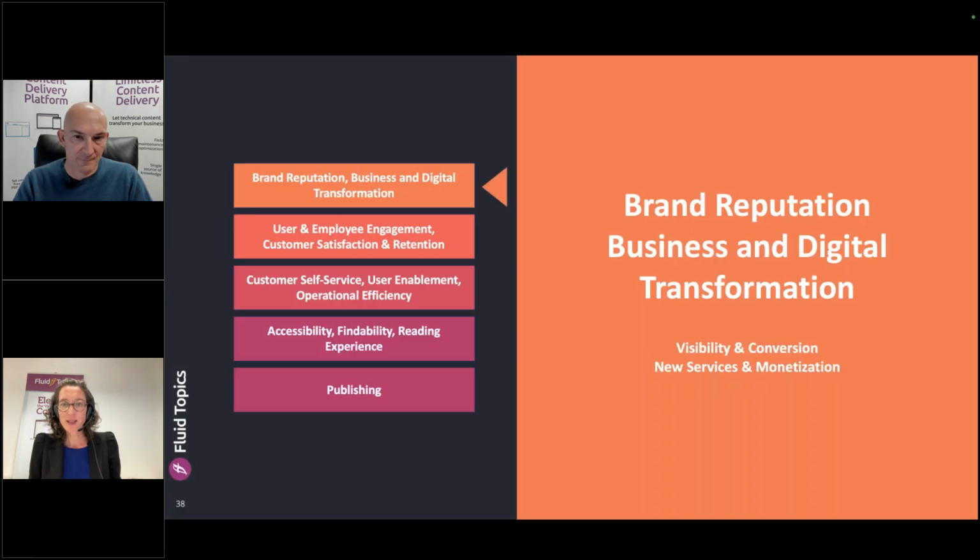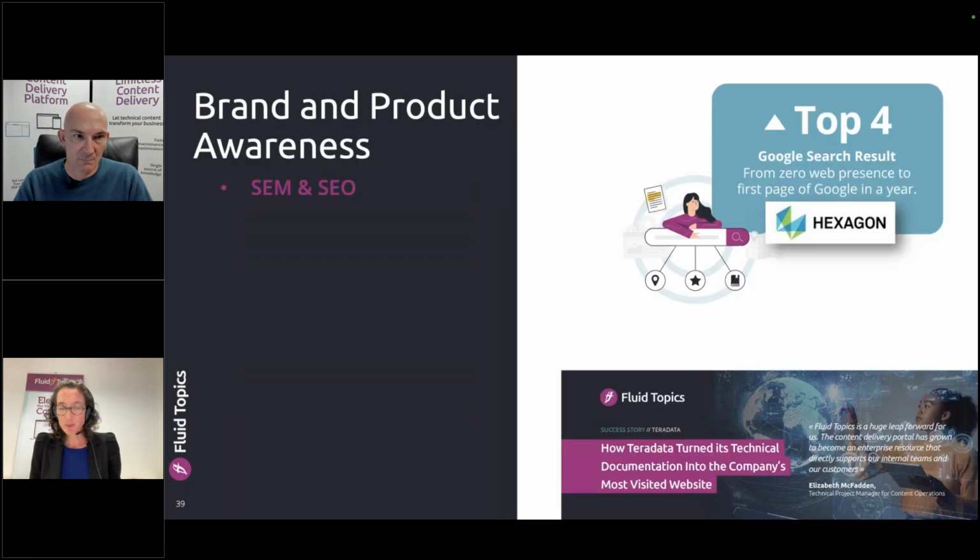All right. We are getting into the final, the upper layer of our map. That's where your enterprise knowledge can actually be a major player in your brand reputation, in business development, and in digital transformation. The first point, brand reputation,